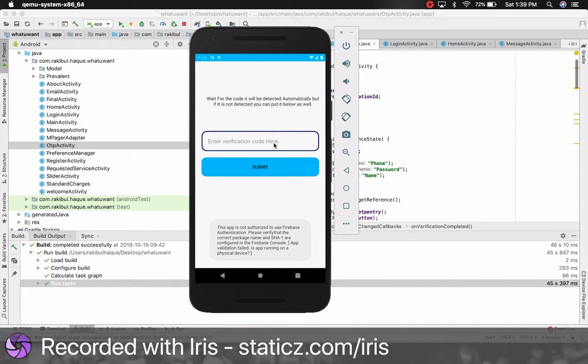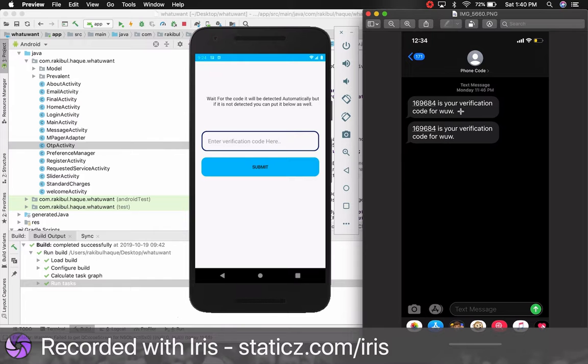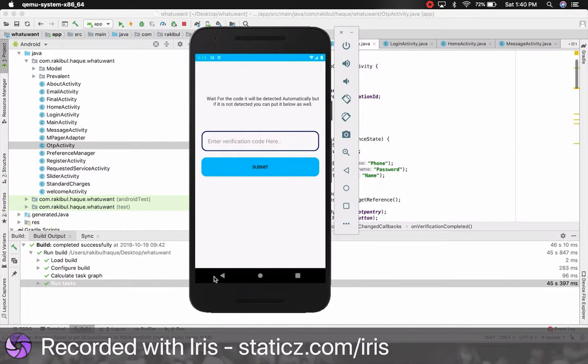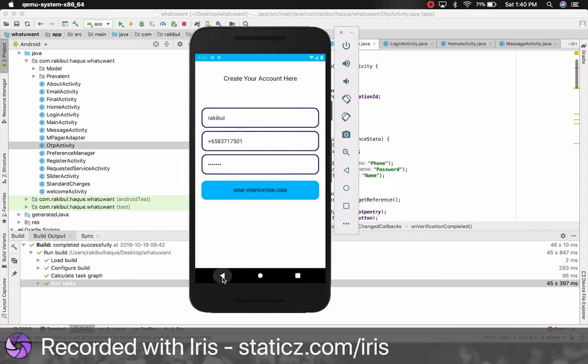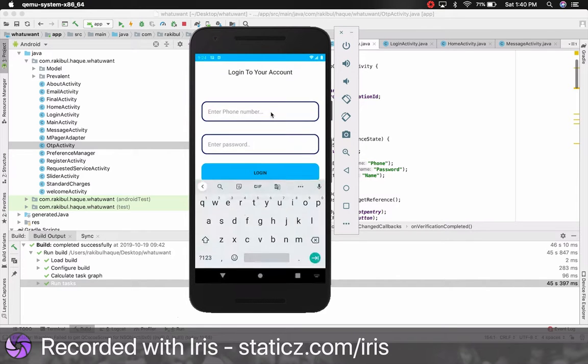Normally this OTP, one-time password, comes automatically, but since this is an emulator, it can't be detected, or the message cannot be sent because it doesn't own a cell service or something. I'll show you a preview of the verification code. This is a verification code that normally comes, and you can enter it and it'll take you to the login page. Now let's go to the login page and we'll try to log in ourselves since I already have an account.